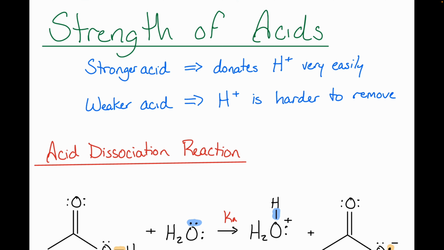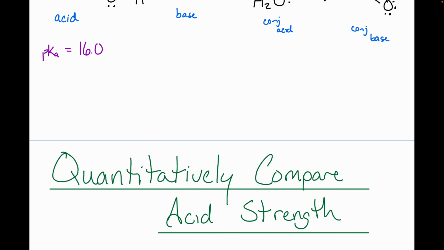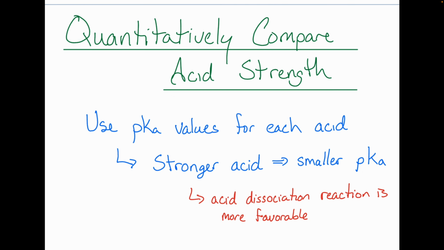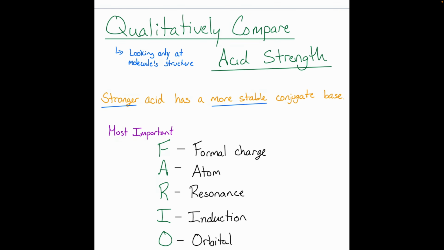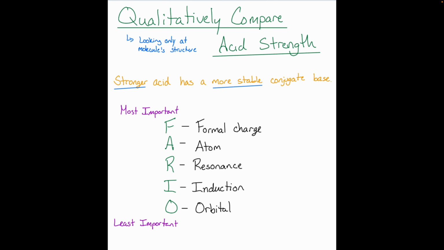How favorable is it to donate that hydrogen? A stronger acid gets rid of that hydrogen, donates it very easily. A weaker acid is much harder to remove that hydrogen from. Okay? And we had two ways that we could do it. One is quantitatively comparing those pKa values. The stronger the acid is the one with the smaller pKa value. All right? Or we can qualitatively compare acid strength, meaning just looking at these structures, and we got these 5